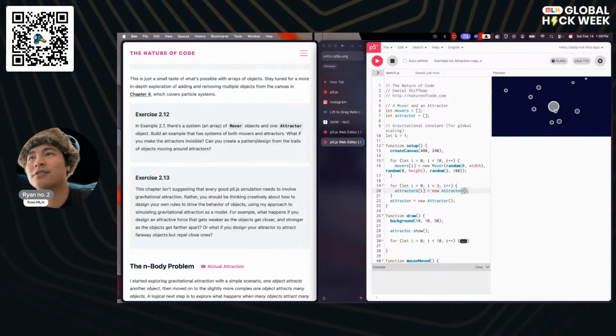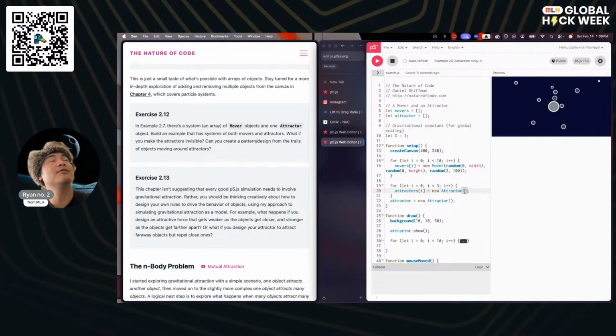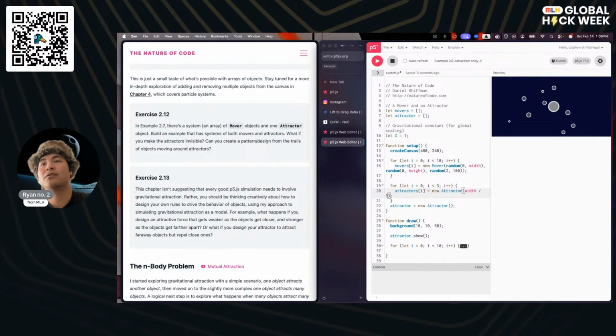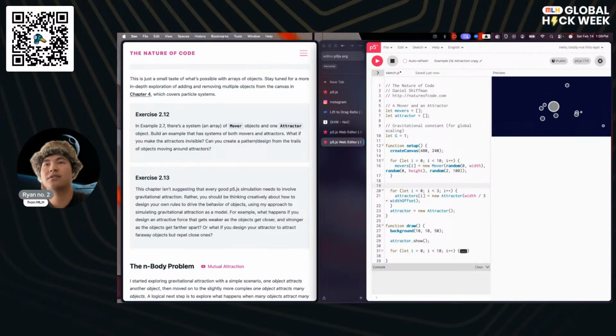Okay, so the first thing is we would want it to be the width divided by 3 plus width offset. We're just going to call it that. Let width offset equals 0.